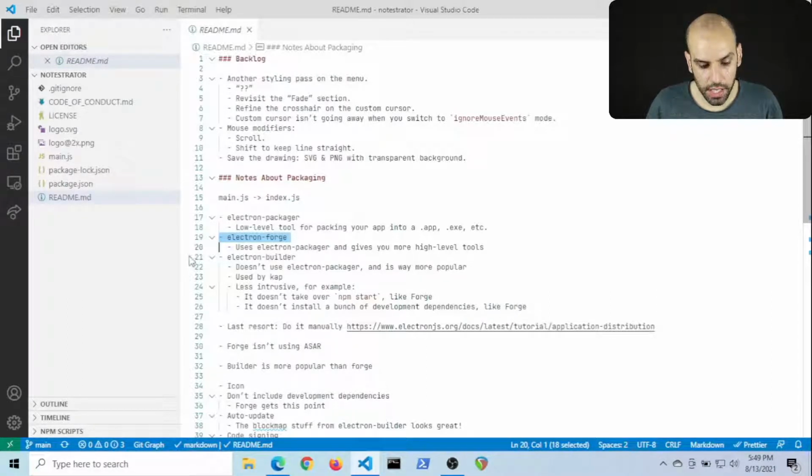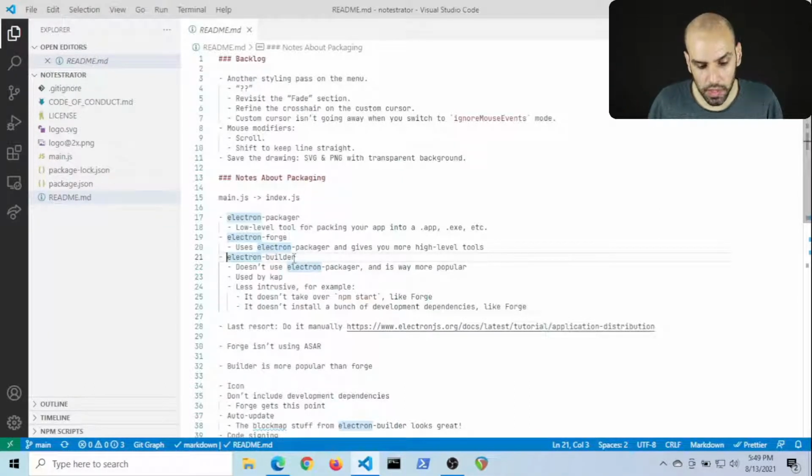And then there is Electron Builder, which is a separate solution. It does not depend on Electron Packager, so it's recreating some of the solutions that the Electron team has already created. But it seems like Electron Builder is superior in some aspects, and it definitely is more popular by a huge margin.